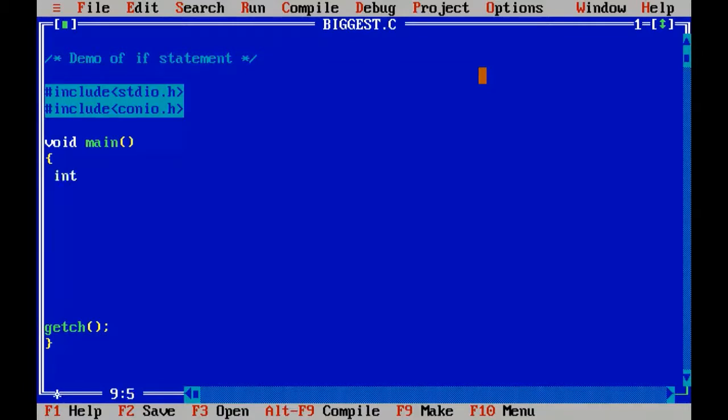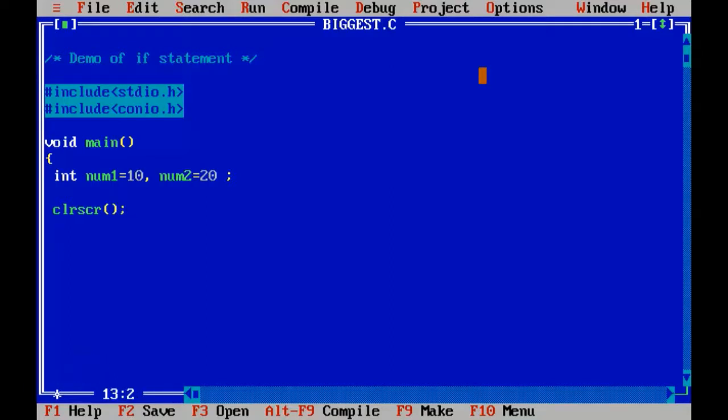I'm going to use two variables of type int: num1, where I'm storing the value 10, and another variable called num2 having the value 20. These are the two variables which I'm going to compare together to find the biggest of the two numbers.